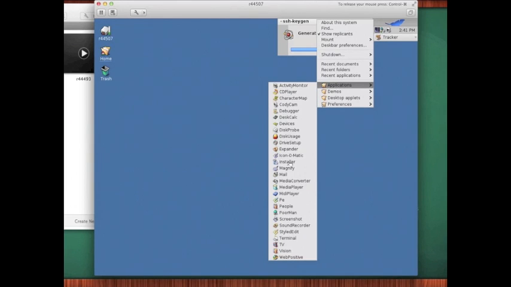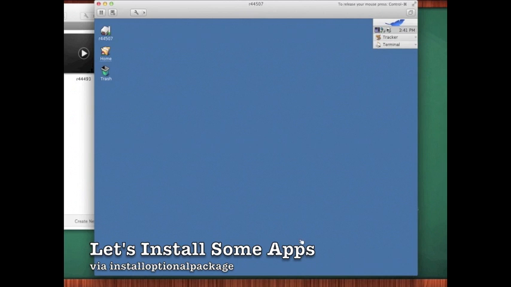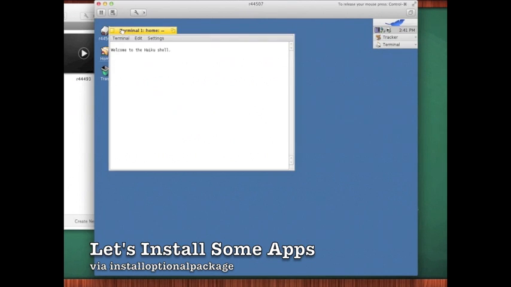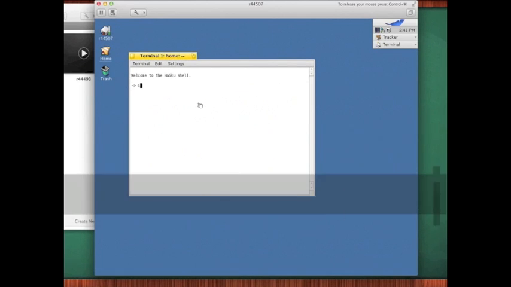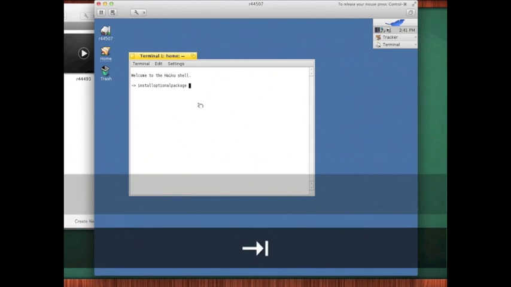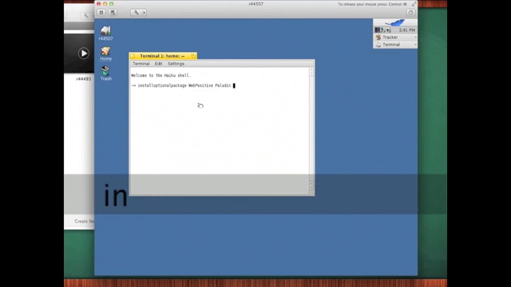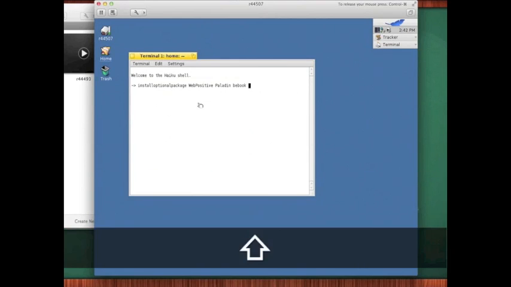Now, one of the things you'll notice with setting up one of the nightly builds is it doesn't actually come pre-installed with any applications, such as a web browser. But that's easy enough to take care of. Just open up Terminal, type install optional package, and we just add WebPositive. Paladin, which is the IDE, we're going to add. BeBook, so development, and while we're here, we might as well also add WonderBrush